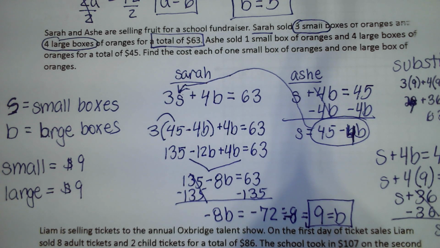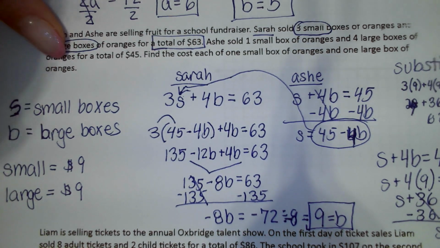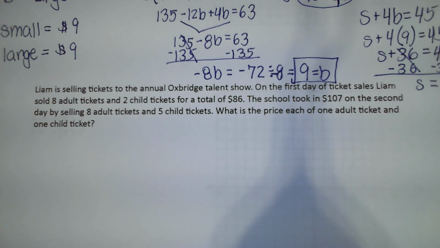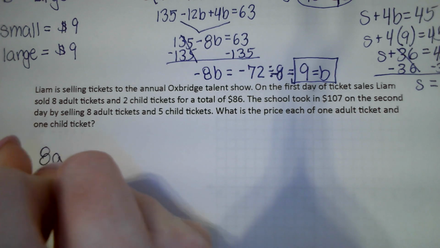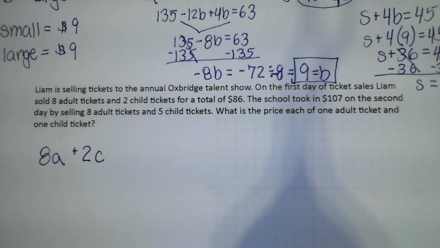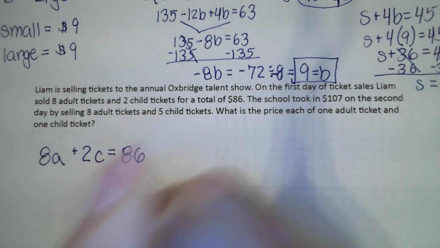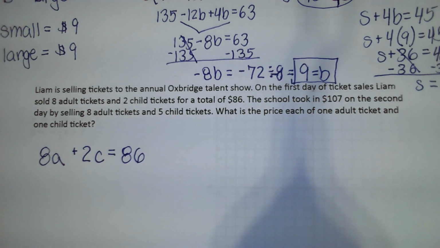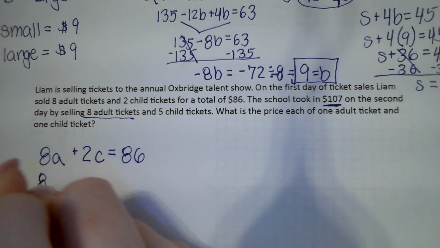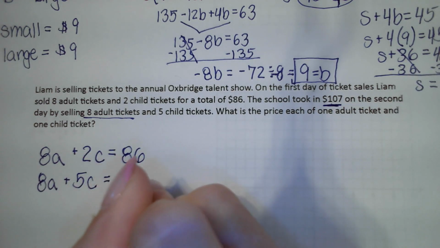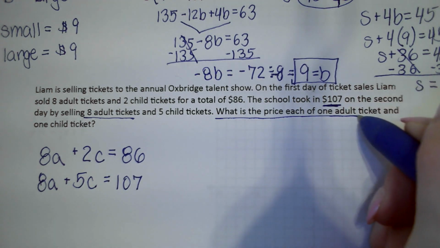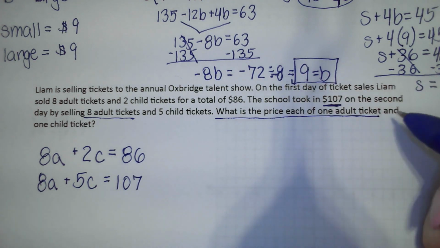All right, and let's move on to the last problem. Liam is selling tickets to the annual Oxbridge Talent Show. On the first day of ticket sales, Liam sold 8 adult tickets plus 2 child tickets for a total of $86. The school took in $107 on the second day by selling 8 adult tickets and 5 child tickets. So that produced $107. What is the price of each, 1 adult and 1 child